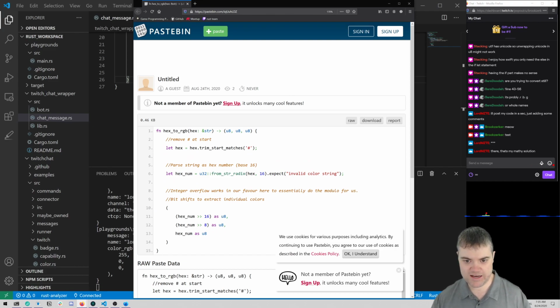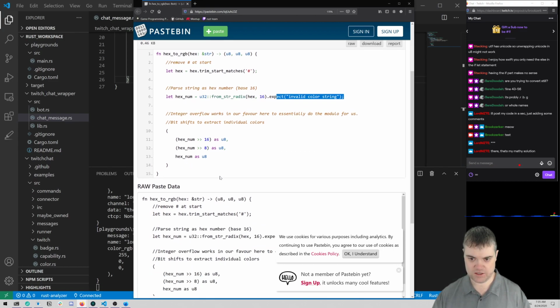Okay, so hex to RGB: remove the hash at the start, so we trim the beginning, parse it as a hex number, so u32 from string radix, hex, base 16. Integer overflow works in our favor here to eventually do the modulo for us, bit shifts to extract. So here we're returning, then we have our hex number.